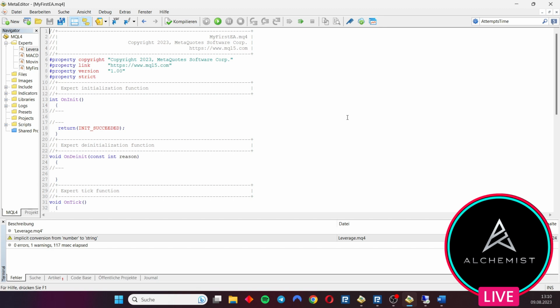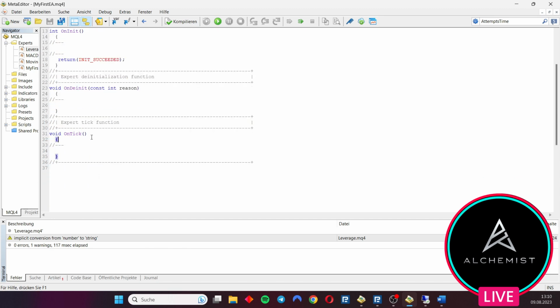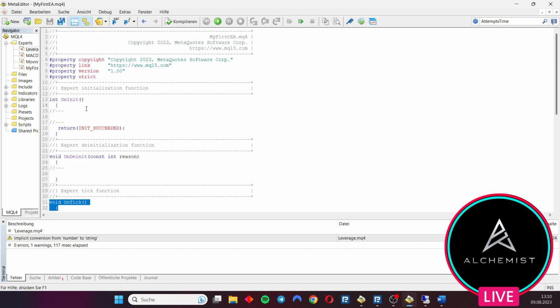Looks a bit intimidating, but don't worry. As I said, by the end of the series, you will understand every line of code. First, let's look at the basic structure of an expert advisor. In MQL4, the structure is predefined in an OnInit function, OnDeinit function, and in an OnTick function, and as well